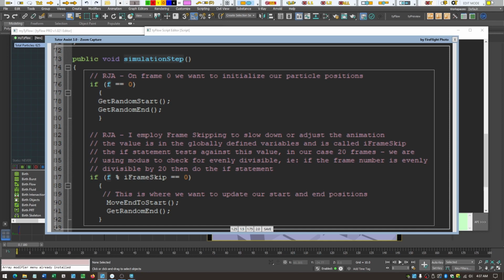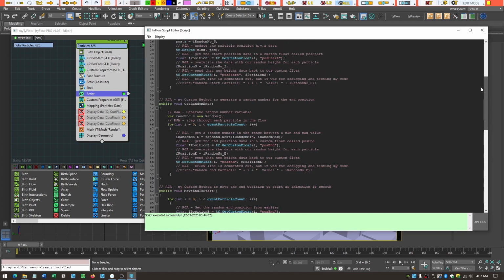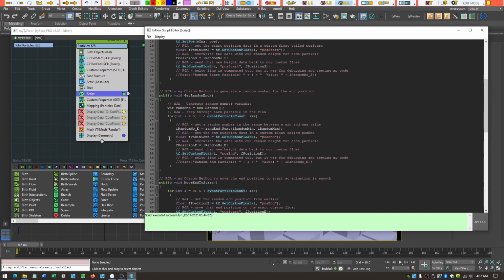Like there's nothing to stop us later on going back up here and grabbing one of these random number methods and copying it. And don't forget, you can save script. So you can just save snippets of code. So when we look at our